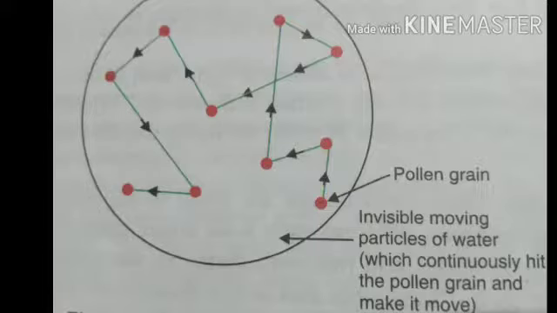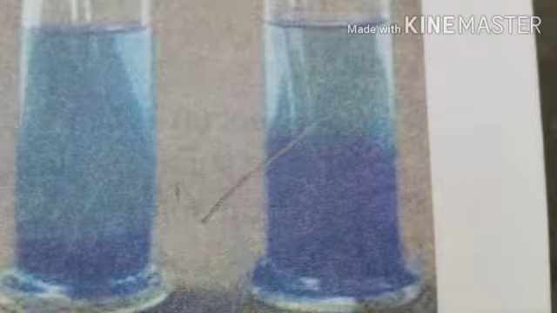The next question is, how will you show the particles of matter are constantly moving? The best evidence that particles of matter are constantly moving comes from the studies of diffusion and Brownian motion. But this can also be described with the help of an experiment, and we will describe the diffusion of copper sulfate into water. Copper sulfate crystals are blue in color. When a few crystals of copper sulfate are placed at the bottom of a beaker containing water, then water in the whole beaker turns blue slowly.